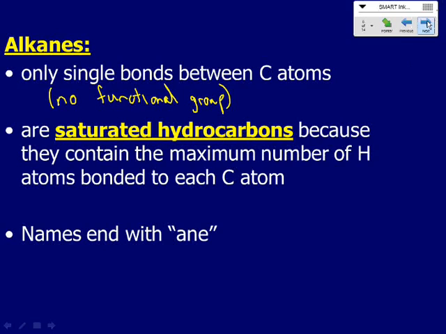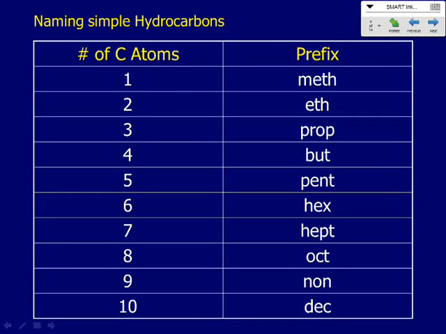We name them by ending them with -ane, and so now we've got to learn the prefixes in order to name these things. We use a prefix to designate how many carbons there are in a chain. So this is our introduction to naming. If you've taken biology, you know that one carbon atom will start with meth, two carbon atoms will start with eth, and the ending is -ane in this case. So I'll have something called methane and ethane and propane